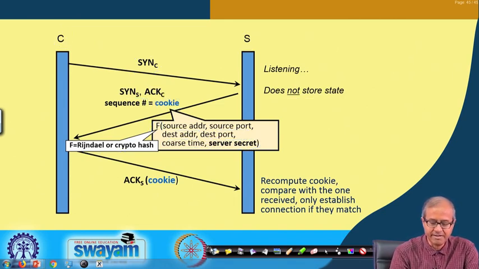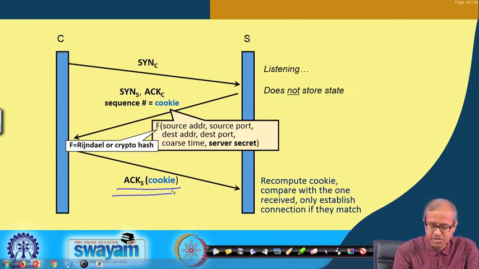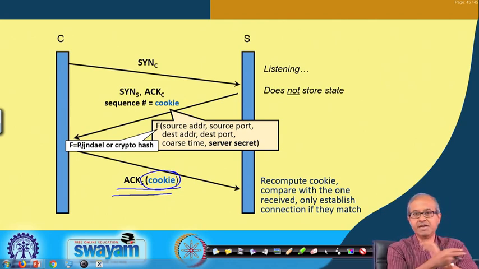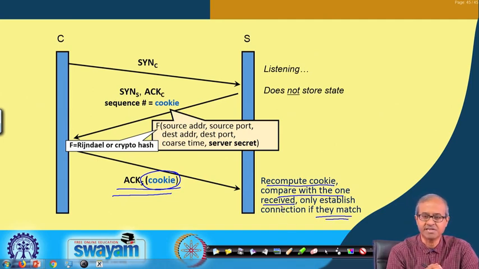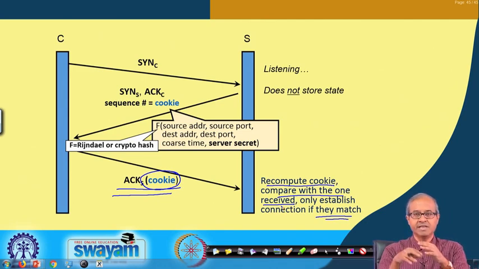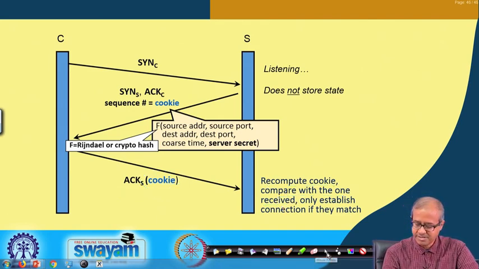What will happen at the end? The client will send back an acknowledgement that also contains the value of the cookie. If this packet was sent to some arbitrary place, the cookie will not be sent back. Only if there is a match, where the cookie is recomputed and compared with the one received, will the connection be established and a new thread created. In this way, the resources accumulating in the server for this kind of request are minimized, and this kind of attack can be mitigated. This is the basic idea.